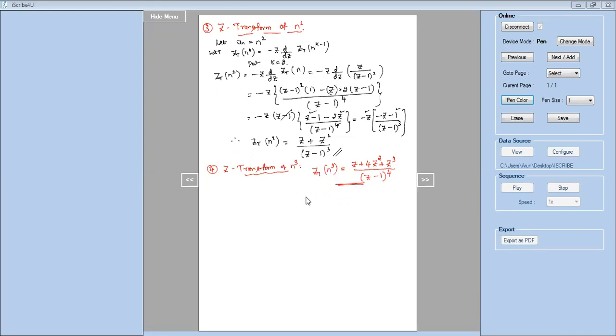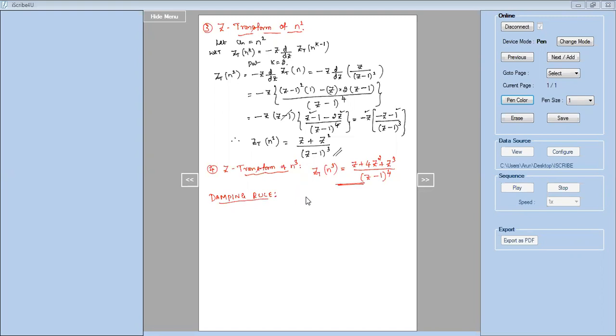The next thing is the property of Z transformations. We have one major property of Z transformation that is called the damping rule. So I'll say what a damping rule is now. Damping rule. So, damping rule of Z transformations.